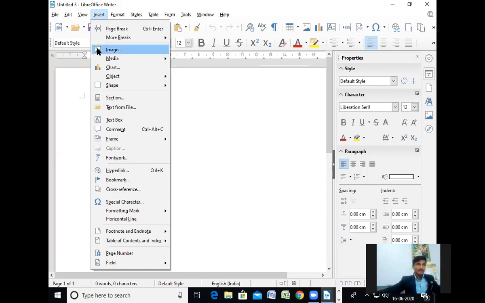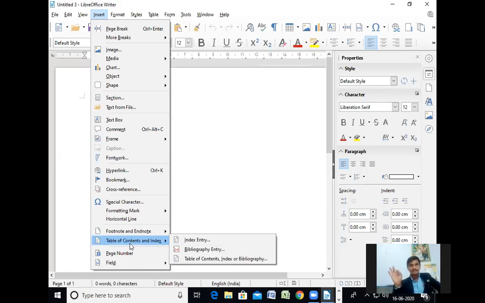See, once you click on Insert, then we have to click on Table of Contents. Where do you want to click? Table of Contents and Index. This is the main option. Then you have to select the downside: Table of Contents, Index or Bibliography.